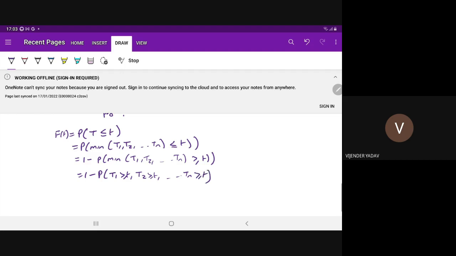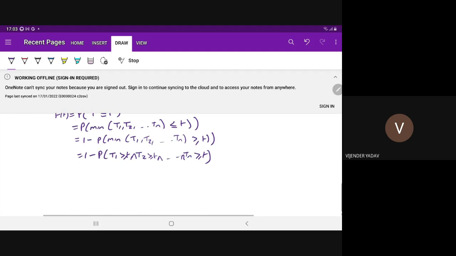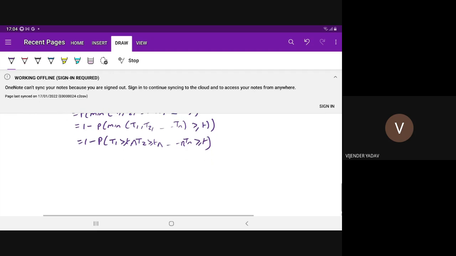It means this is the intersection of these events. Since T1, T2, ..., Tn are independent,